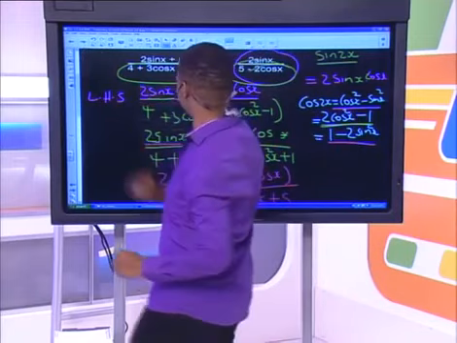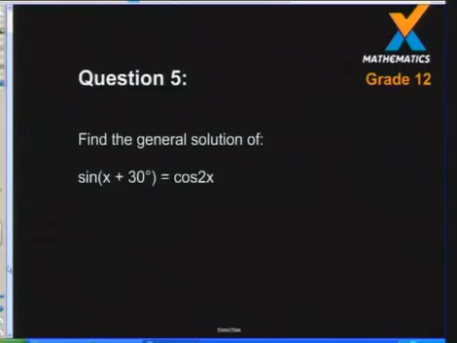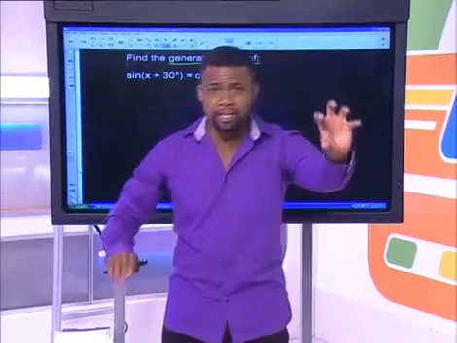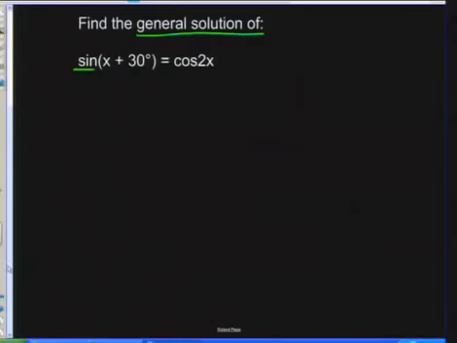Okay, let's look at the next problem. Find the general solution for this. The general solution. What can I do? Let me advise: if you have sine and cos like this, you have to try to change both of them into sine, sine, or cos, cos, so you can drop the angles. Let's see what I can do. You can change this into cos, or you can change this into sine, because the idea is that if you have sine